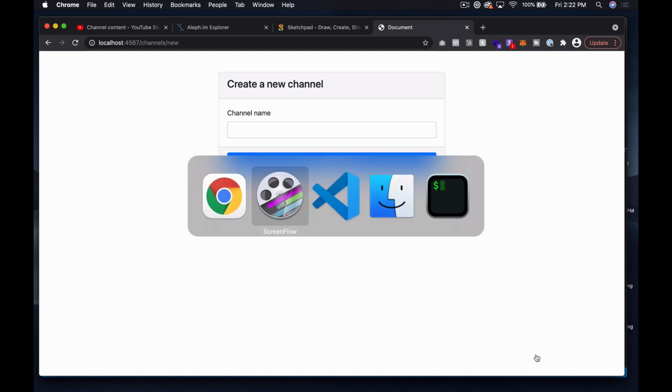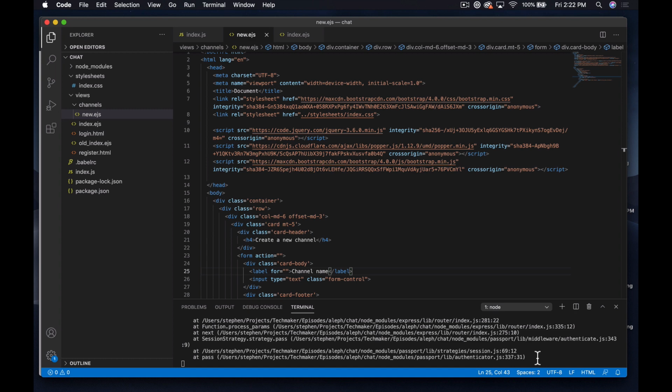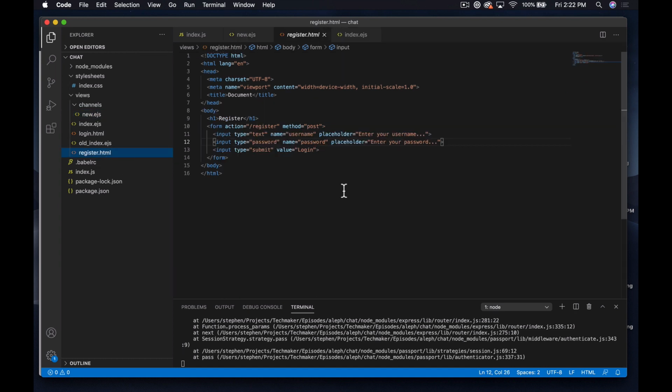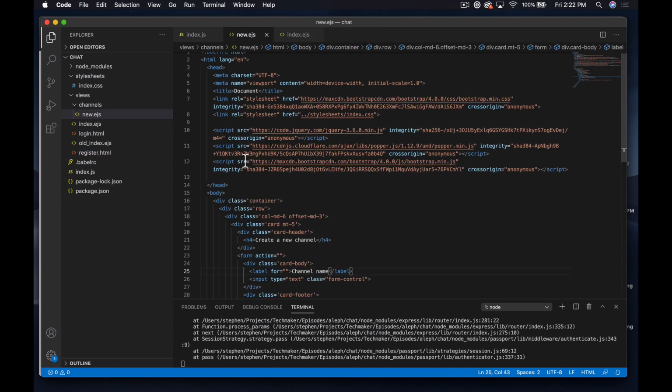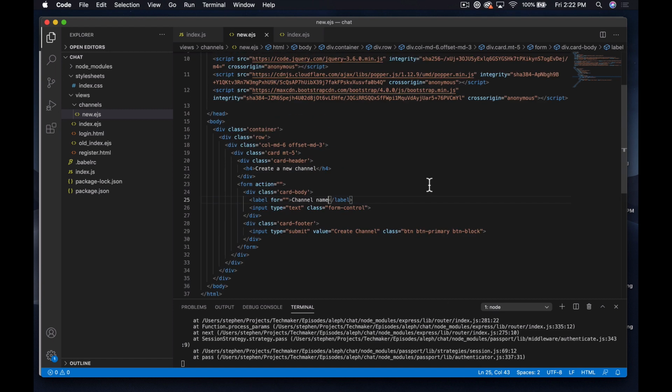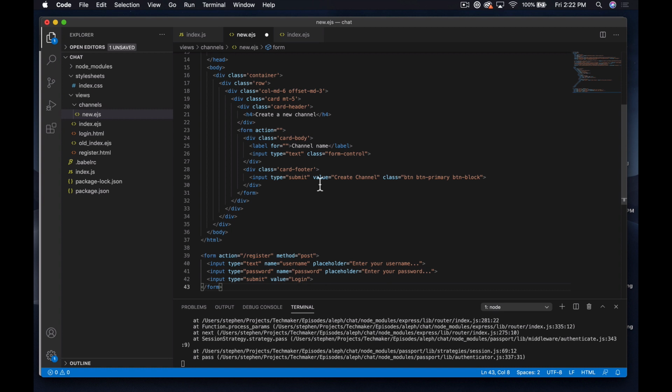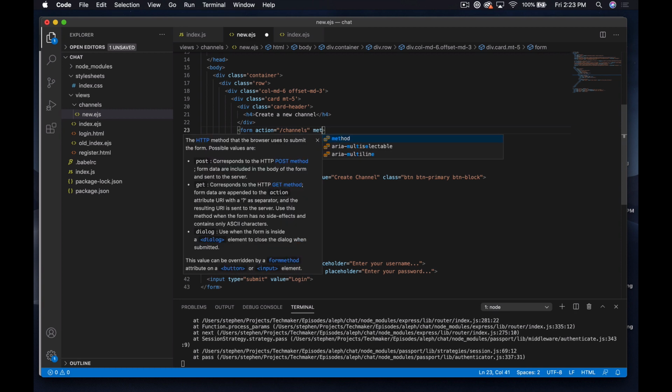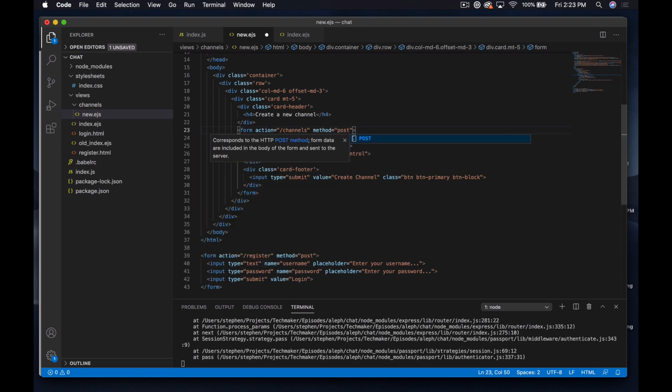All right, so let's go hook up the form. So really quick, let's just look at our register HTML. So literally all we're doing in here, I'm just going to copy this thing. I'm always copying and pasting code and editing it. I don't know why, it's just kind of how I do things a lot. So what we want to do is set up an action, and what should we have this? I think we should just have an action of channels. So it's kind of a RESTful thing. So we'll have a post method here. So we're posting to the channels route,